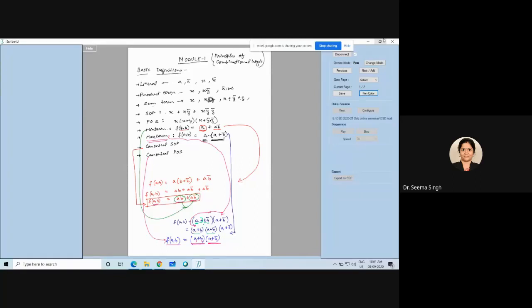Is this part clear to all of you? If it is clear, I will go to the next part, which will also be talking about things related to this canonical form only. Yes, all are fine, ma'am. Okay. If you all are fine, I will go to the next term.